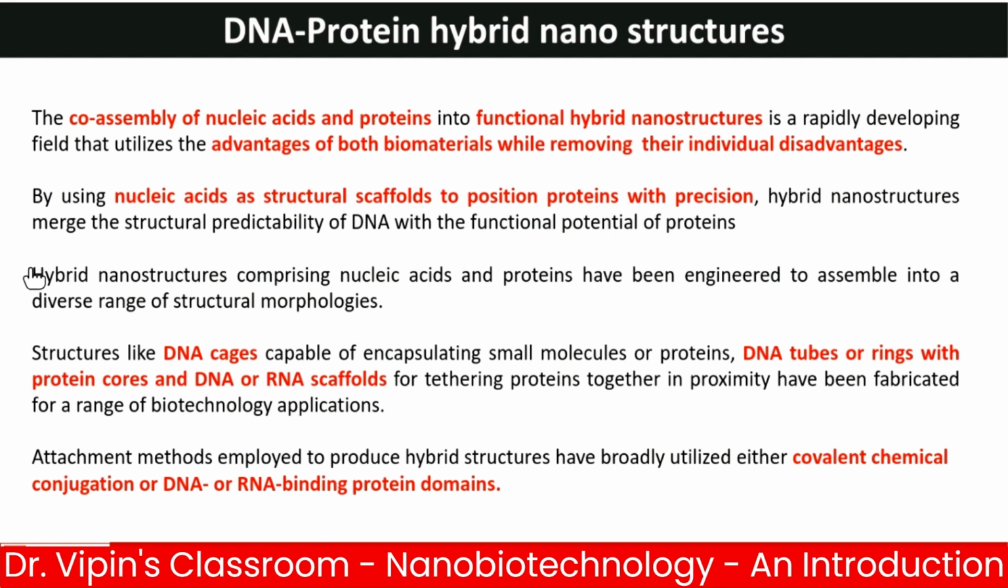So what we do is we bring them together, and then what we make is structures like DNA cage or DNA vault or DNA tubes or rings with protein core and DNA RNA scaffolds for tethering proteins together in proximity have been fabricated for a range of biotechnology applications. Attachment methods employed to produce hybrid structures are broadly utilized, either covalent chemical conjugation or DNA or RNA binding protein